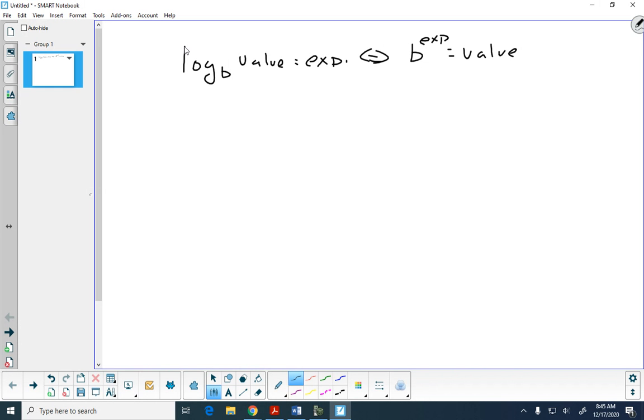Knowing that if two values are equal, if a is equal to b, tells us that ln of a is equal to ln of b, or log base anything of a is equal to log base anything of b. So those are key properties to continue to remember as you go through the problems. I'm going to take a look at the first worksheet. As you look through the problems, if we look at number 4, problem number 4,